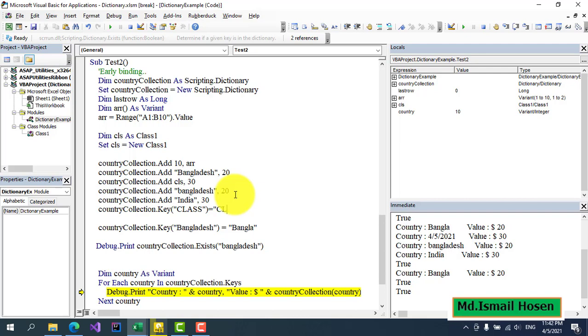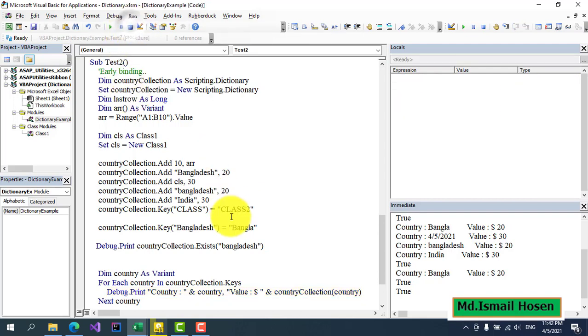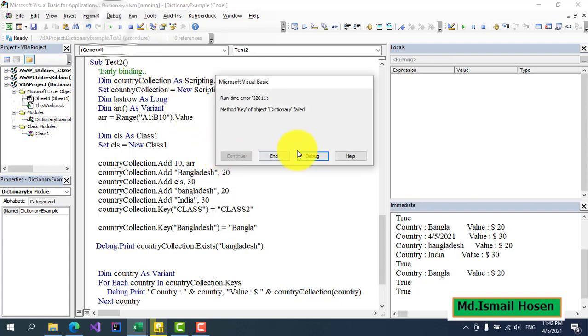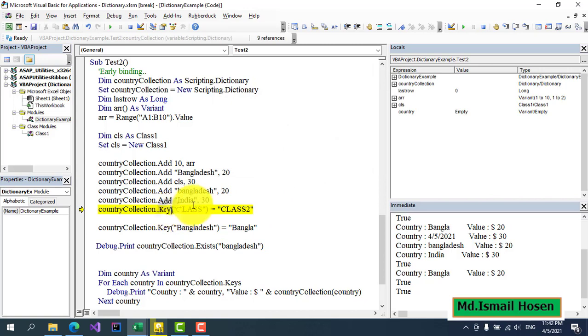It is 2 plus 2. Anything, it doesn't matter. We are just trying to understand the error. So that is runtime error 32811. Method key of object iDictionary failed. Because it couldn't find this